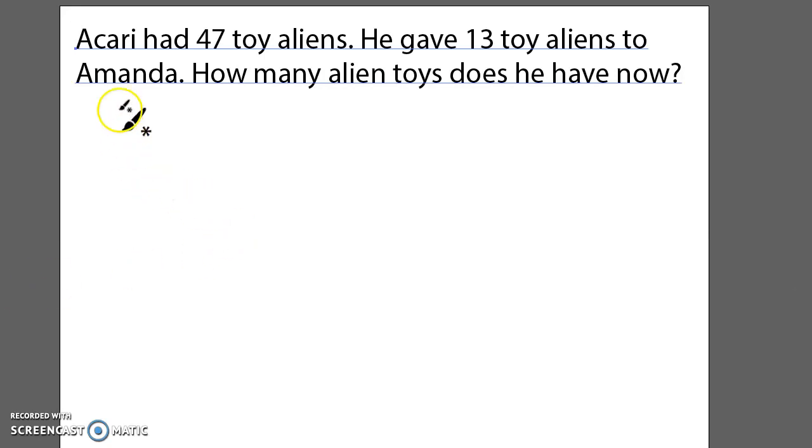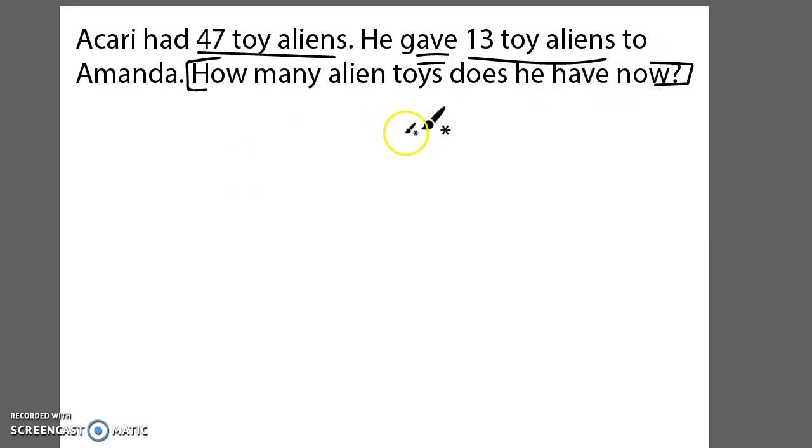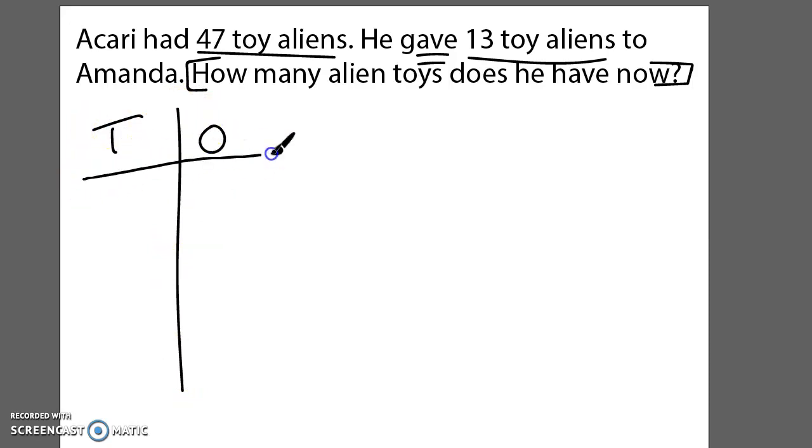So we're going to, just like we did before, underline the important information. 47 toy aliens. He gave, that lets us know to subtract, 13 toy aliens to Amanda. And then put a bracket around our question. How many alien toys or toy aliens does he have now? So let's solve this one in 2 ways. So we're going to do our place value chart first, but then we're also going to solve it with a